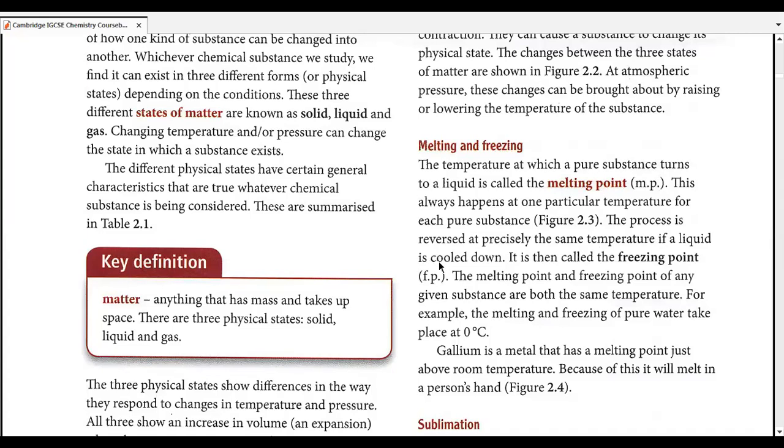So yeah, the process can easily be repeated or reversed at the same point, but this time the cooling process would be there and the liquid can be converted back into a solid. It would be known as freezing point or simply be given as FP. All right. So the melting point and freezing point are going to be the same for most of the substances in the world. For example, for water, that takes place at 0 degrees centigrade.